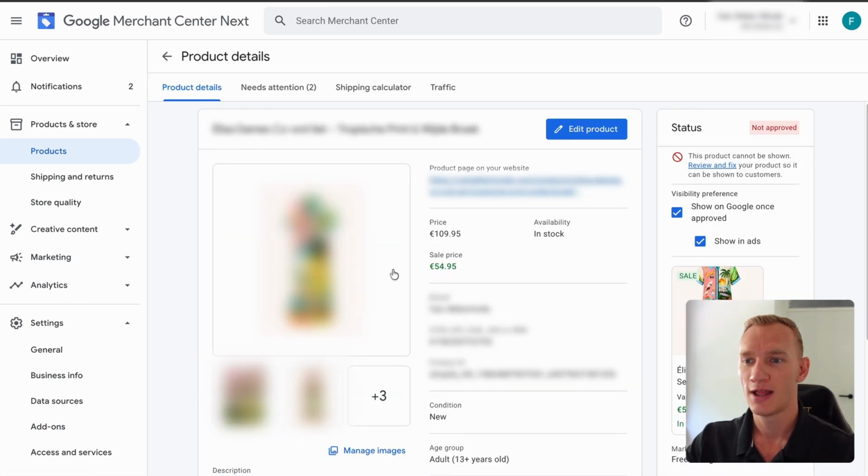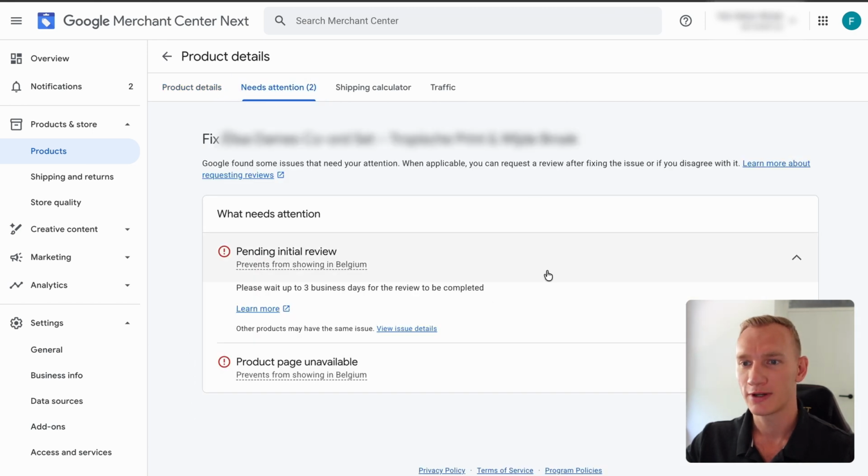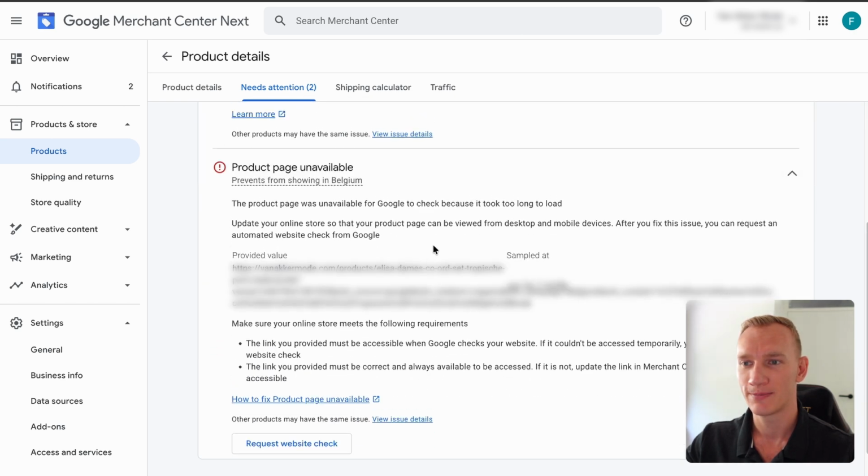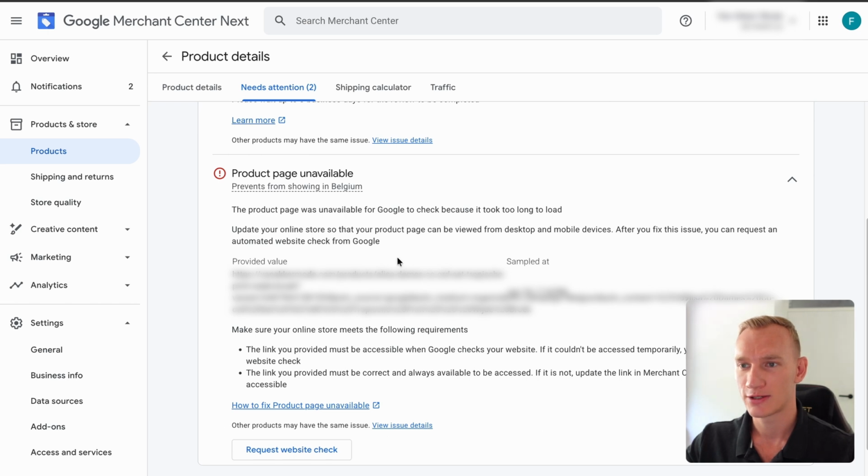So we click on it. And then when we go to the tab here, needs attention, we click on it, we see that the pending initial review is still there. And as soon as we open the product page unavailable right here, we can actually see that the error is available for this product. And that has something to do with the outage of the Shopify service, because Google Merchant